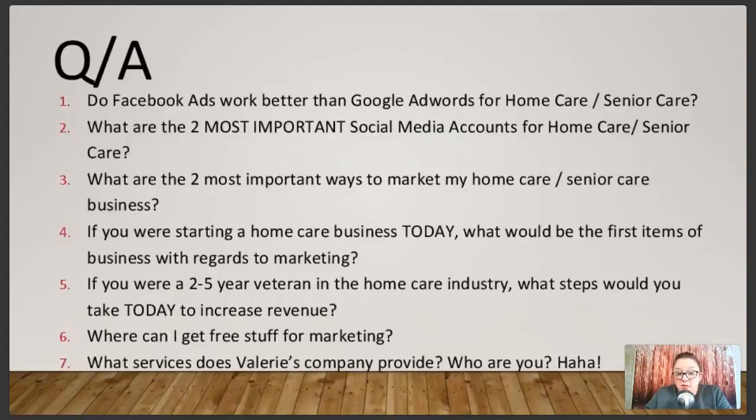And sometimes in some areas, depending on how big your territory is, you can get it down to between $20 and $50 a lead. But if you've ever bought leads from KarenHomes.com or Elder CareLink, you know that on average you're probably spending between $20 and $50 and upwards. I think someone told me that if you get a very qualified lead from A Place for Mom, it's like $250 or something.